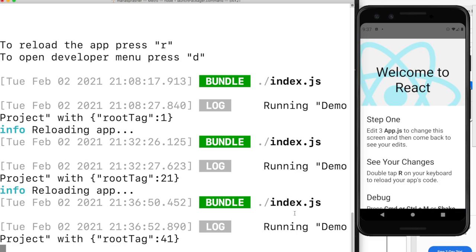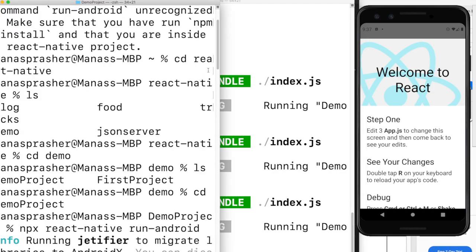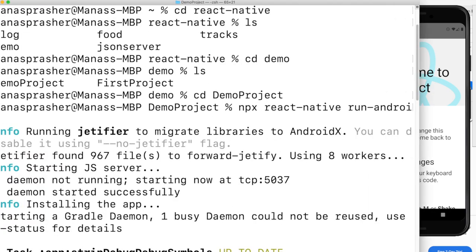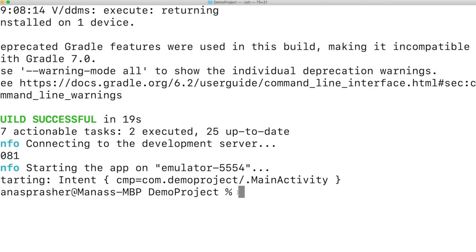So what actually happens under the hood, like why we need this Metro bundler, and why can't I just always run like this? What I mean by that is, why can't I do this, right? I just ran this command, right? So when we run this command, it actually